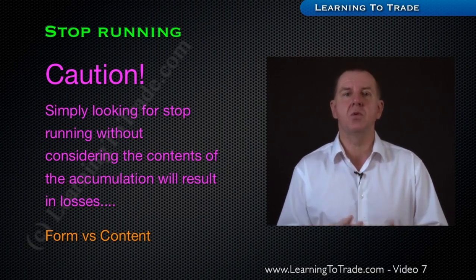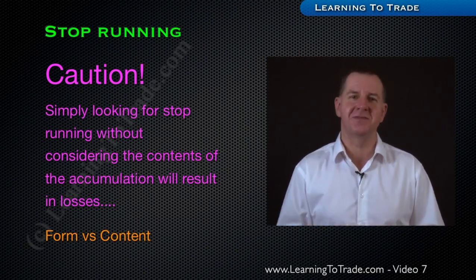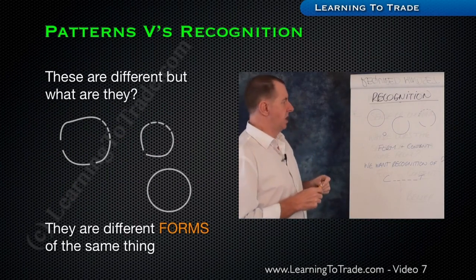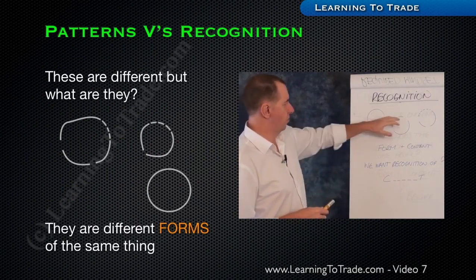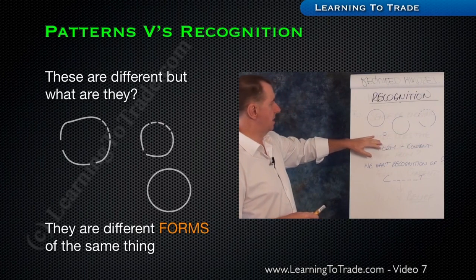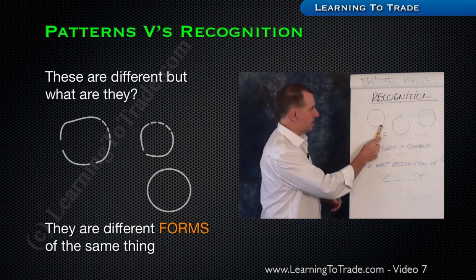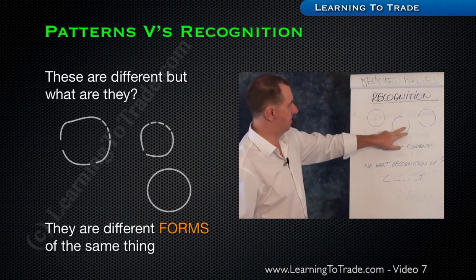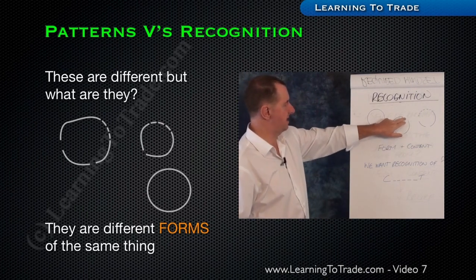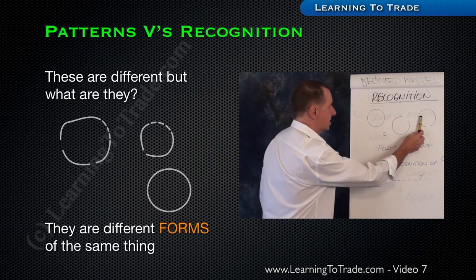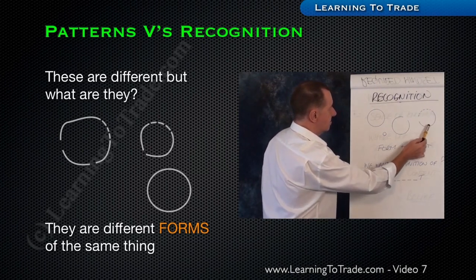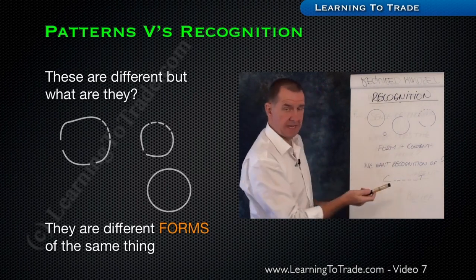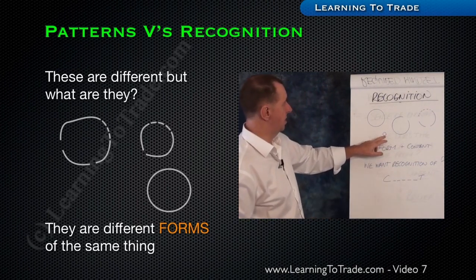It's time for a little more on patterns versus recognition. Recognition is an interesting topic here, because what have we got drawn up here? If we look at this, we can see we've got a circle here, and here we've got a sort of circle but with a bit missing, and then here we've got some curved lines, some gaps and some dashes, and here we've got what is in effect a small circle.